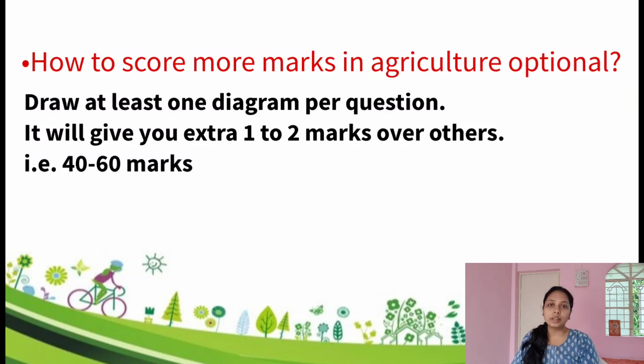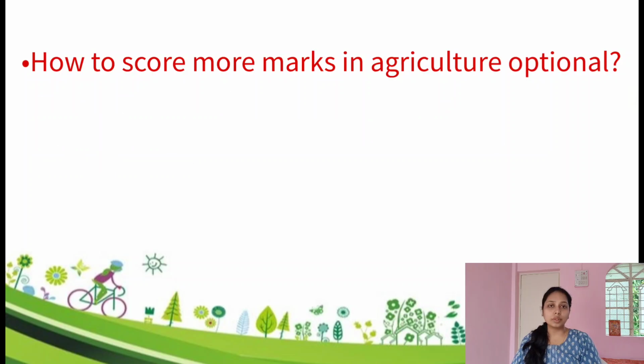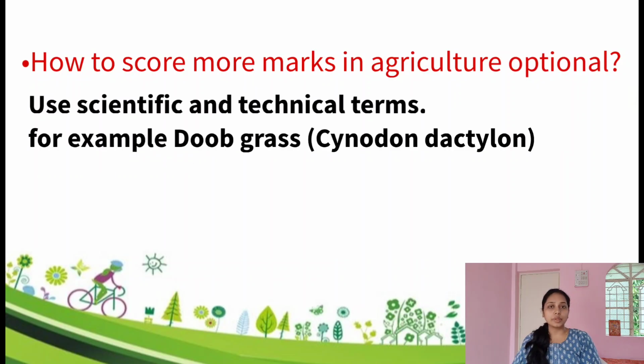So if you calculate it that way, even an average of 2 marks for each diagram, there are about 40 to 50 marks you are getting just because of the diagrams, which will reduce your time and the examiner's time also. And no matter how clever you are, just keep in mind not to make the examiner too frustrated about the answer. The clearer the answer, the neater the diagrams, the more marks you will get. So this is the strategy that always works.